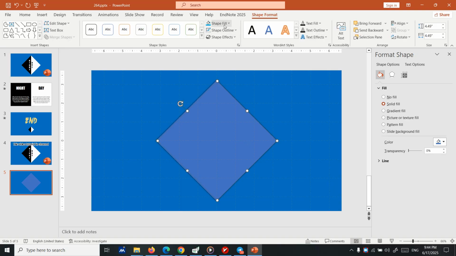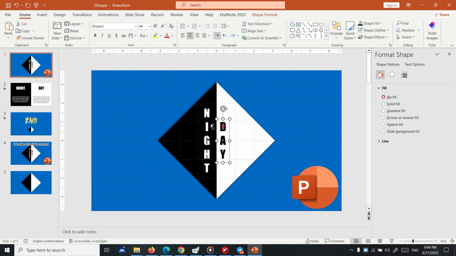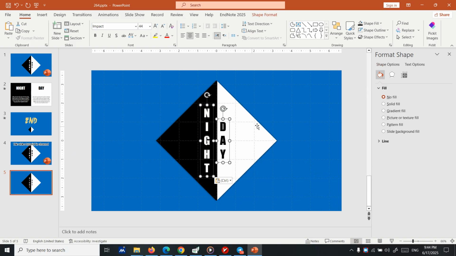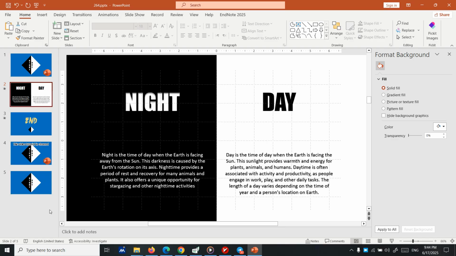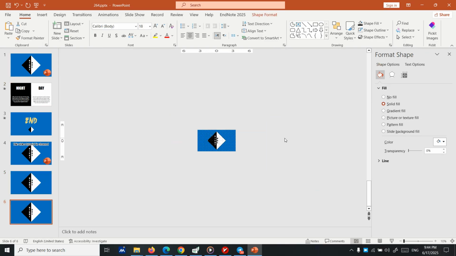Now we need to change the color. I'm going with white and black. You see, now it's just a text. I copy them and paste them here. Everything is ready. Now for the text in the next slide, we copy this slide, hold this thing, press Ctrl